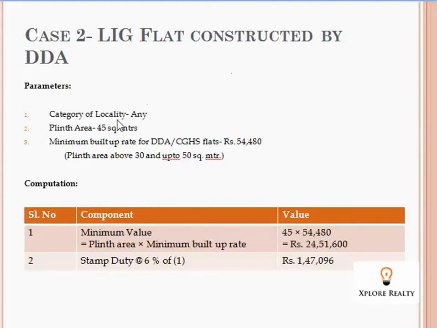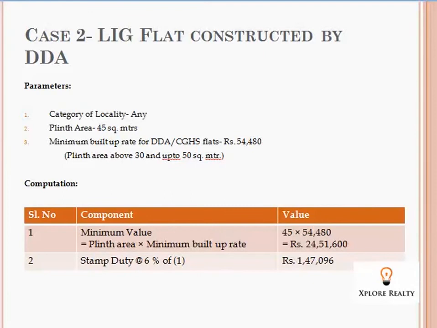In case 2, LIG flat constructed by DDA. Parameters: category of locality any, plinth area 45 square meters, minimum built up area rate for DDA and CGS flat in this case will be 54,480 rupees, because this lies in 30 to 50 square meters. And the computation is very simple. The minimum value will be the plinth area into minimum built up rate,